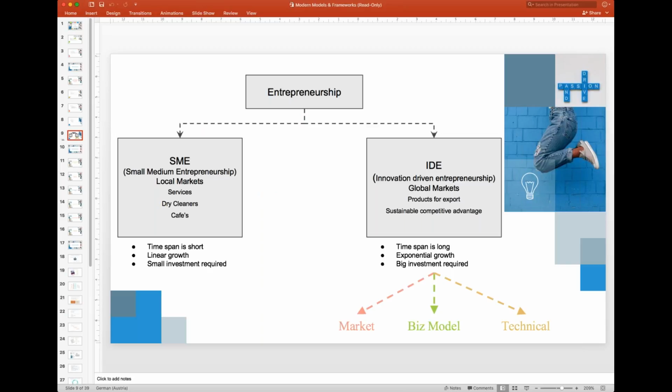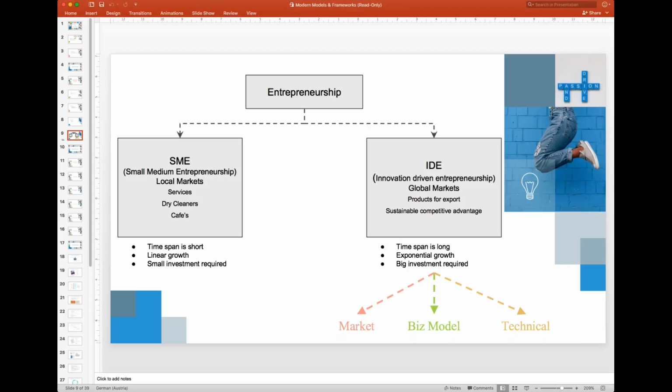Another important differentiation when we talk about entrepreneurship is between SME, what we call small medium enterprise or small medium entrepreneurship, and IDEs, innovation driven entrepreneurship. And I think this is very intuitive. I won't go too deep into the details. I will just give the examples, and it's really intuitive. SMEs are services,